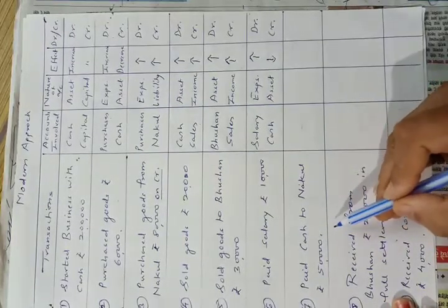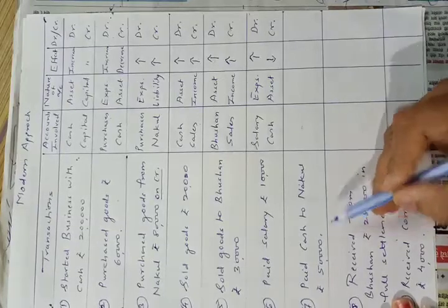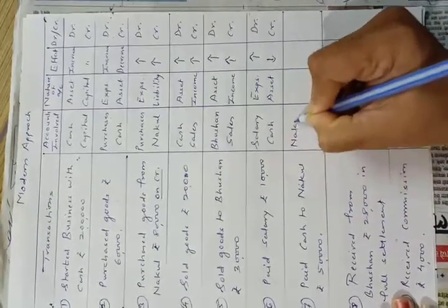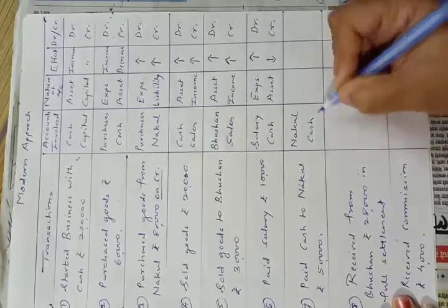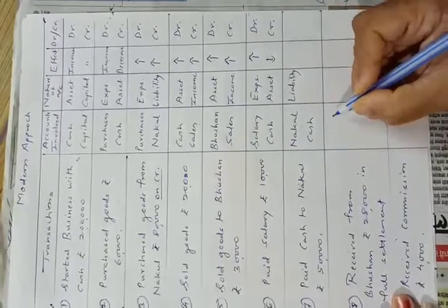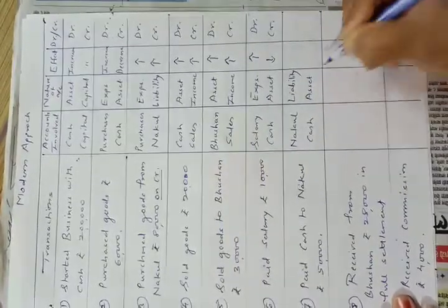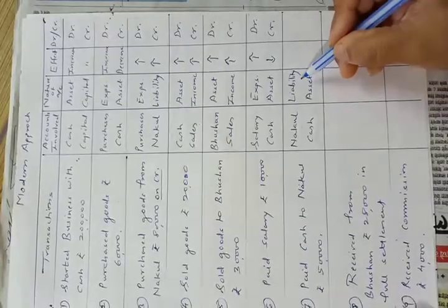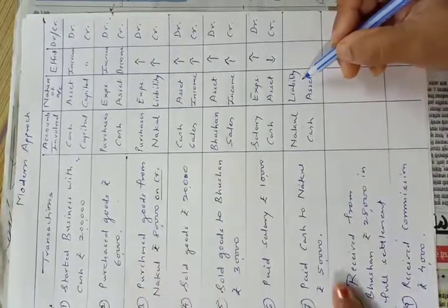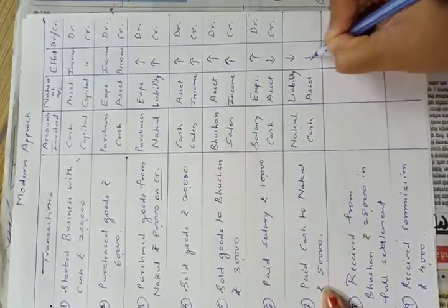As we are making payment to Nakul, one account involved will be Nakul and other account will be cash. Now Nakul was our liability and cash is our asset. Here as we are paying cash to Nakul, our liability of rupees 80,000 was decreasing by rupees 50,000, so it decreases, and our asset also decreases as we are paying cash to Nakul.